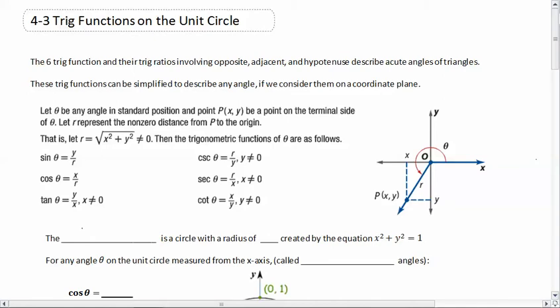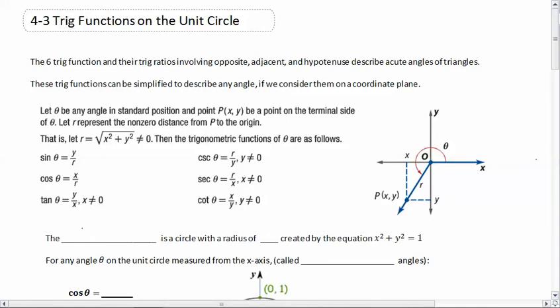So if you're given a triangle, some theta, you can figure out what sine is based on opposite over hypotenuse, and so on. So these trig functions can be simplified to describe any angle if we consider them on a coordinate plane. So right here we see we have a coordinate plane. We talked about theta, our angle, being however far we rotate some vector. So for this example, we rotated some vector of length r, that's our radius also, into the third quadrant, and